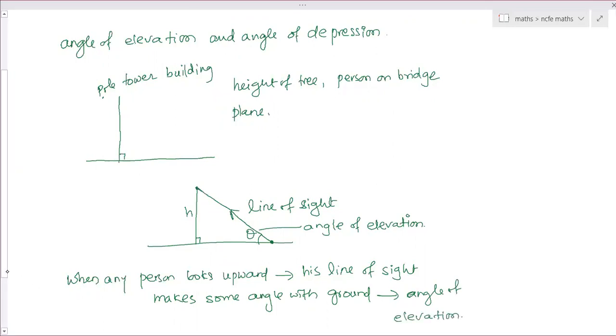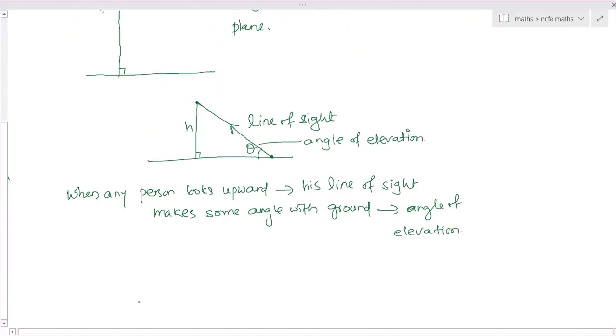And the other one is the angle of depression. That means whenever any person is standing on the top of the building, on the terrace top, and you look downward to a person who is on the ground, or any car on the ground, in which direction are you looking, upward or downward? Downward. You have to look downwards. So when you are looking downwards, your line of sight is a straight line looking at that person or car. So this is the line of sight, which you are looking downward.